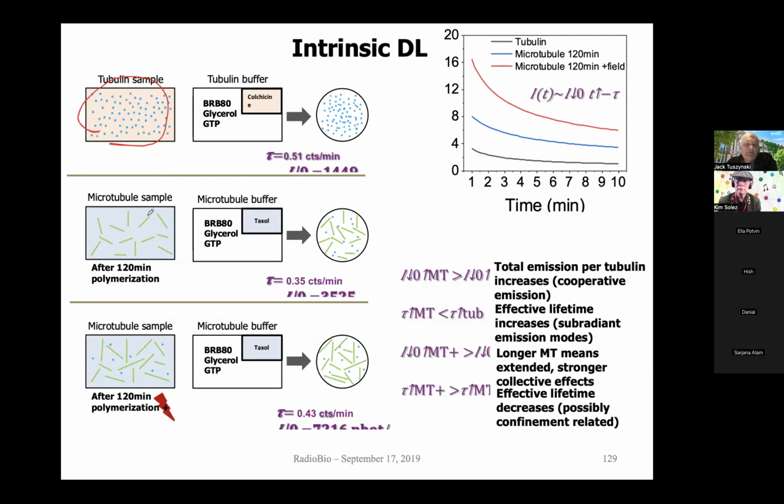And you observe it for tubulin solution, microtubules in solution, microtubules with tubulin. We also did microtubules with anesthetic molecules, for the reason that I'll explain a bit later. And you basically observe the intensity of re-emitted light. Now, this is optimistic, but it turned out to be actually milliseconds.